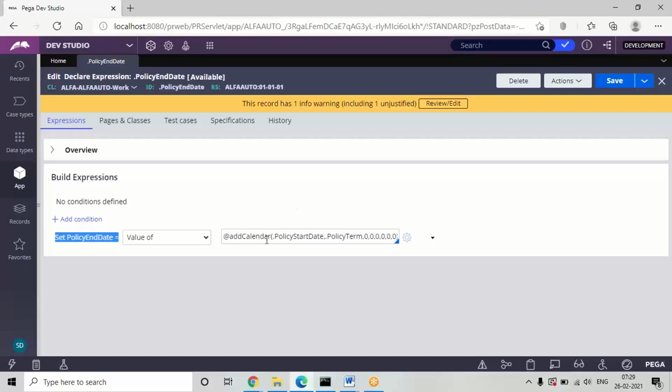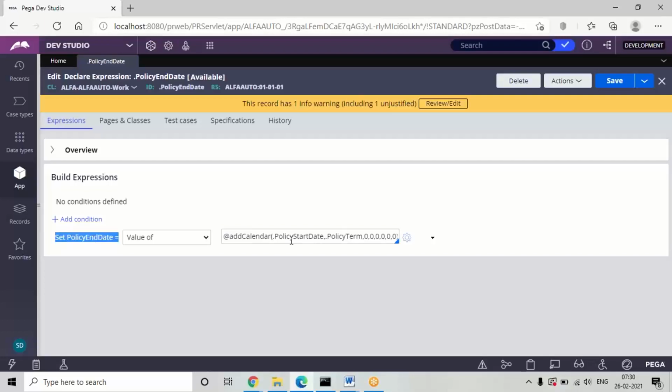So here we'll just declare the condition for the properties, and whenever input is given, or already, see, for term the default value is already there. And for date also, it will take the current date automatically. So it will automatically give the result for the end date when you open the section.